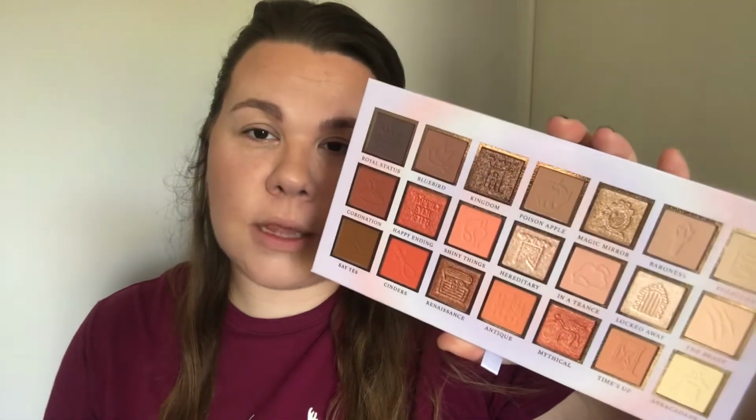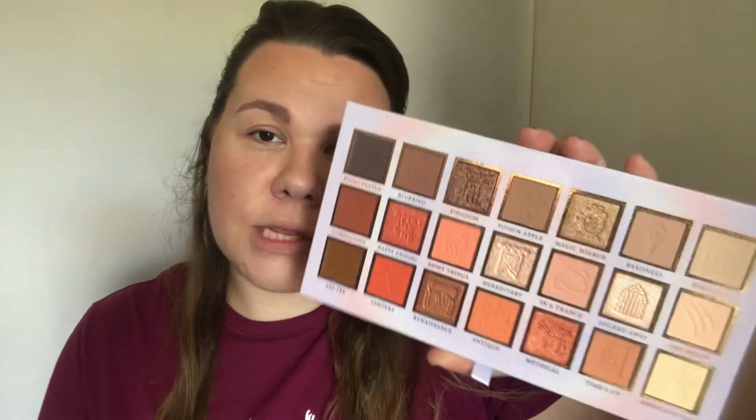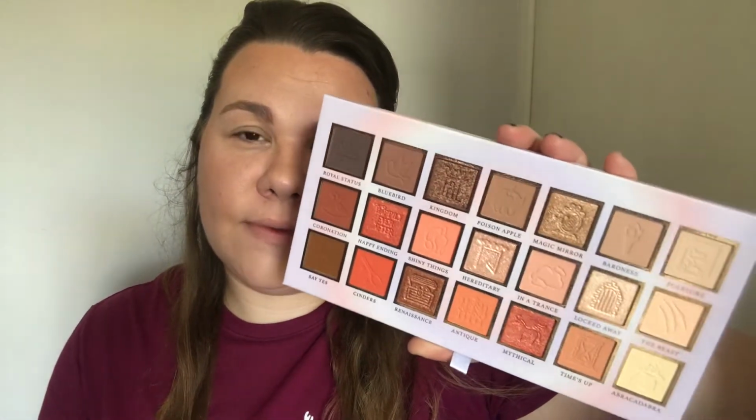Now I was thinking of swatching the palette, but you know, I'm really late to this. There's so many swatches online, so I don't think I'm going to swatch the whole palette. I am thinking of using this bottom layer just because it's so beautiful. I feel you can create an everyday look, a smoky eye look. It's really calling me. And I might do a second video on the other half of the palette,